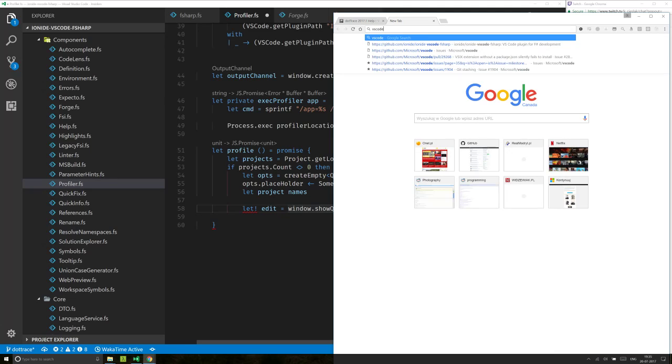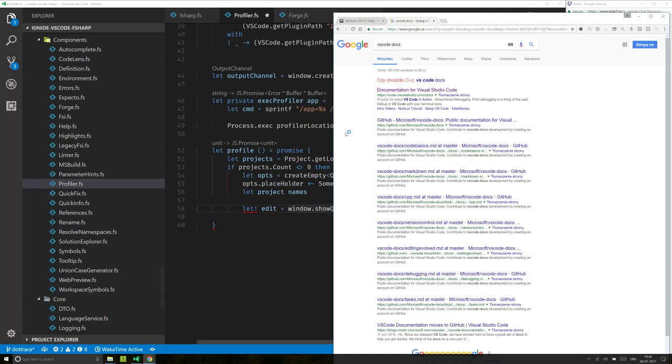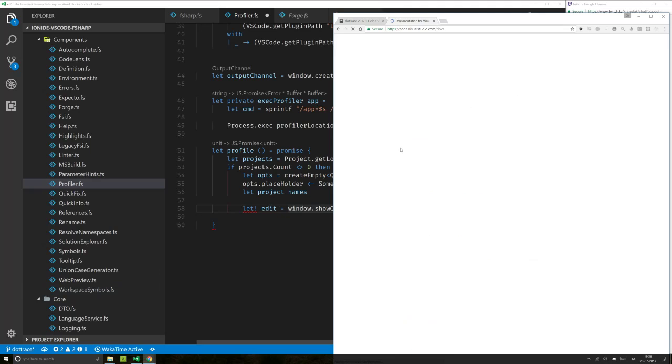a promise. So you can see this is this let bank. In promise computation expression as a promise, it will return the chosen value, but in this case the situation is a bit more complex. We would like to display the project name or path to the project, and we want to actually return the path to the exe. So yeah, let's go to documentation